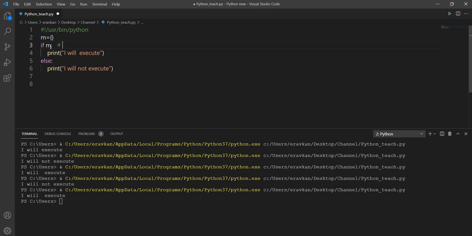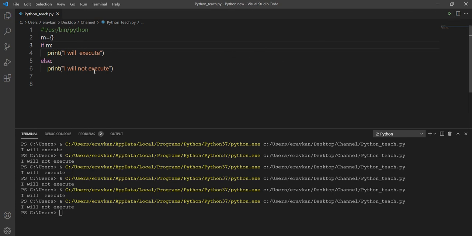In case of a string, this should not be empty, and this also represents an empty dictionary. So in this case, I will not execute will come here. So you can check a blank string by using this. This is a very important syntax, if m colon. You will see it in most of the code. So make a note of it.